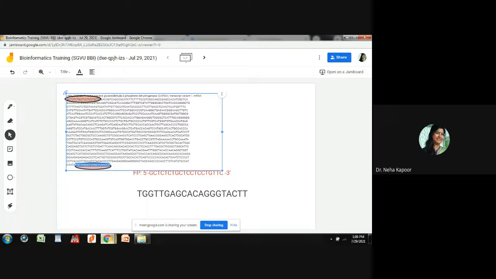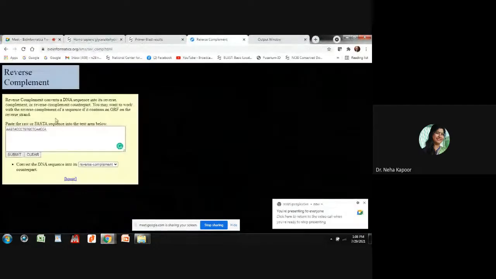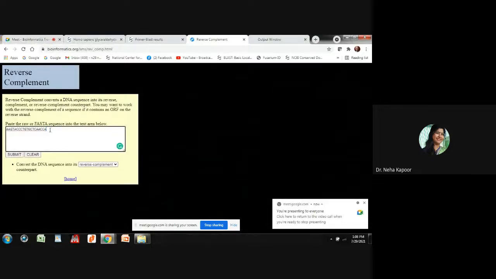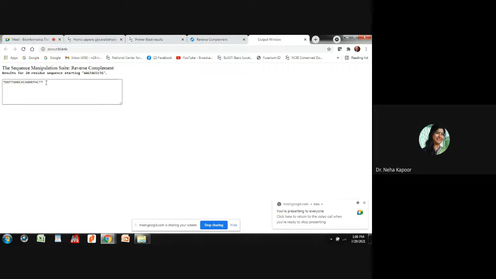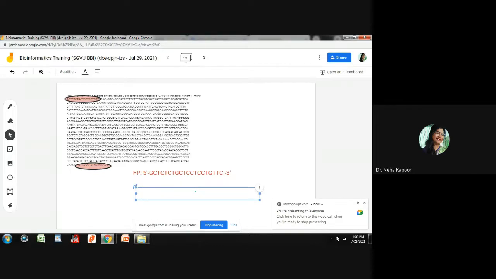So what I have to do, I am going to this reverse complement page. I am pasting it, submit. This is my result window. So this is my reverse primer. Now this reverse primer I have already pasted here. This is what I have got. Again, I am repasting it.